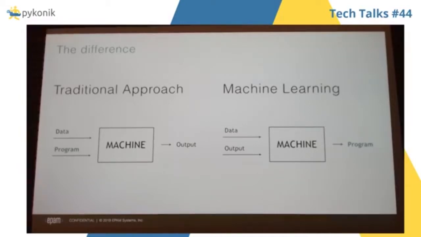In the second section, we have data in and we have output. As you can notice, in the first approach, we have data, and the output comes after the machine process. But now we have data and we have output. So the output is trained data, predefined or pre-computed data, and data are input.